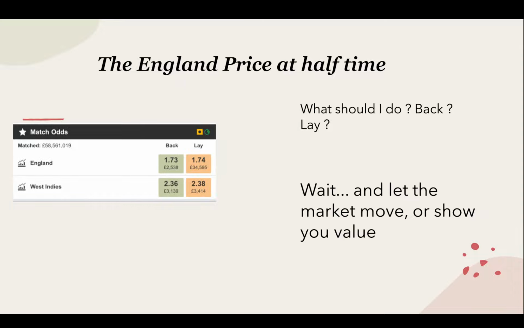Back, lay. Here again at half time, I would probably have waited. I don't like to be in a position over a halfway period unless, for example, there's some market bias where you think maybe the price has come in too far or gone out too far. I think this showed there was market bias in this. I think England were too short. And I thought roughly 2s would have been a better representation,